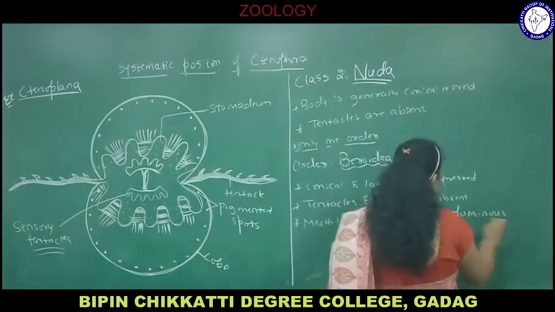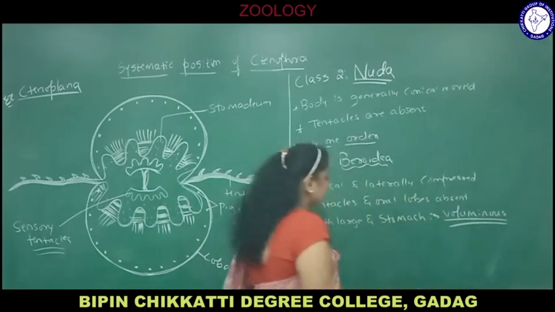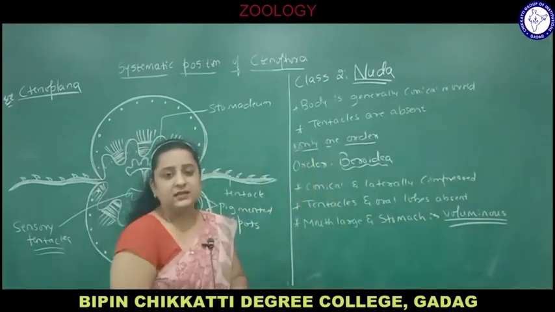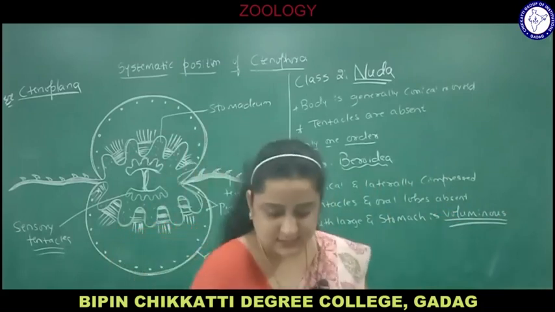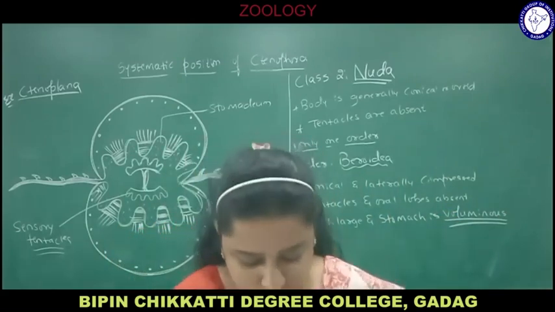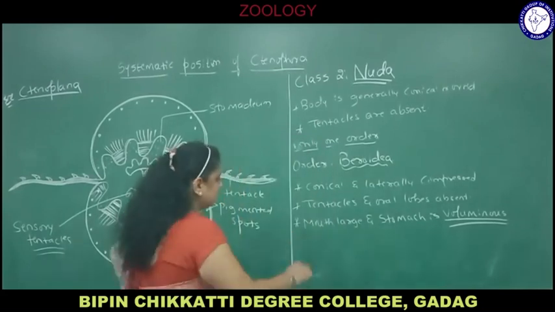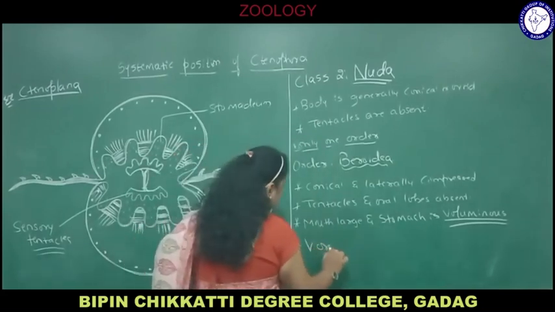Voluminous. A large stomach is present with large volume, and the mouth is also large because they depend on prey. They capture the prey with the help of colloblast cells and digest the food. They are voracious feeders. They feed on other ctenophores.